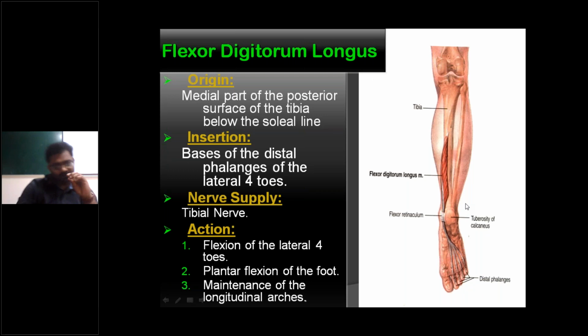In the sole of the foot, two tendons are side by side: flexor digitorum longus and flexor hallucis longus. These two tendons are sometimes connected by one slip called the Turner slip. So the Turner slip is connecting the tendon of flexor hallucis longus and flexor digitorum longus in the sole of the foot, right?